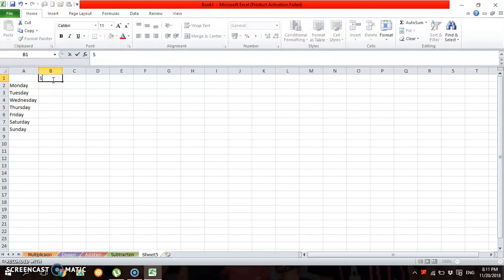Now let's type here some examples of everyday expenses. Transpo for transportation, lunch, and savings. Here let's have 55, 60, 65, 70, 75, 80, and 85. For transpo, it's all 30,